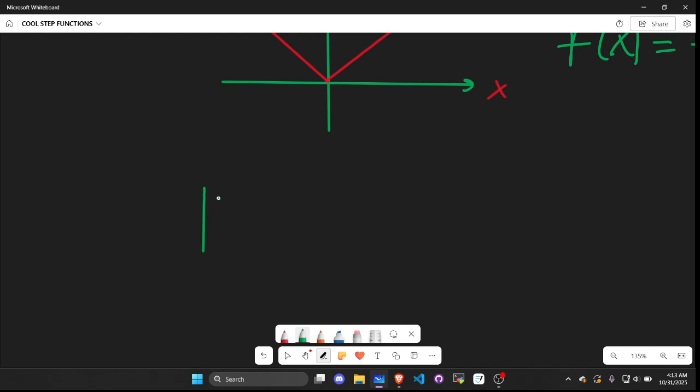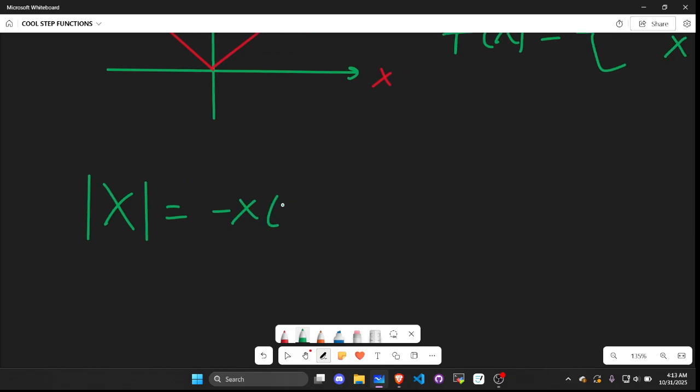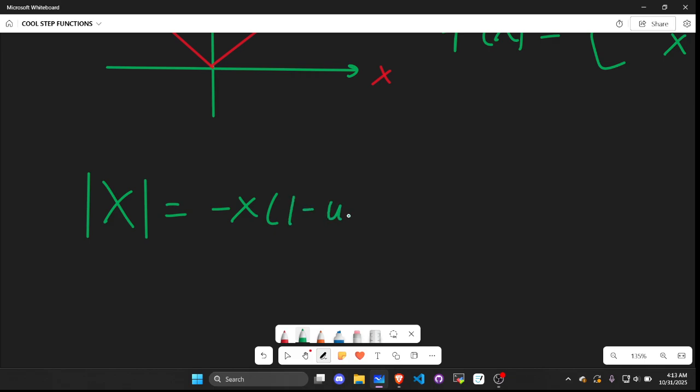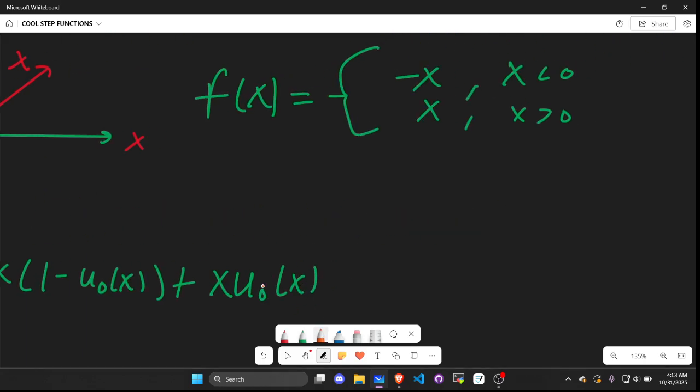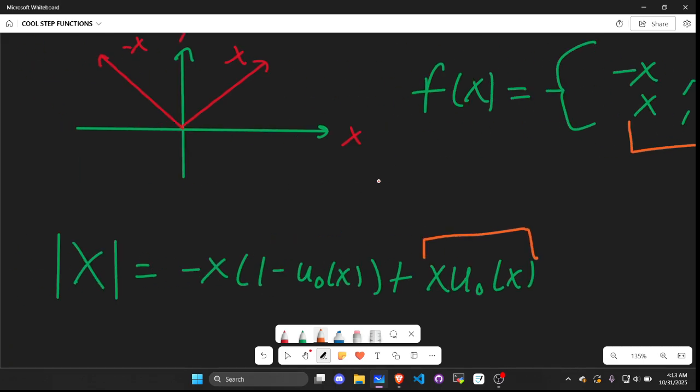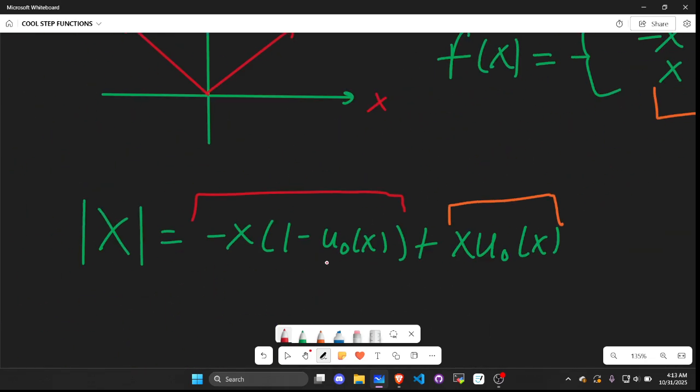So you can have the absolute value of x equals negative x times 1 minus u naught of x, and then plus x times u naught of x. So basically this part corresponds with this part of our piecewise, and this part over here corresponds with this part of the piecewise. And it makes sense because this value has a value of 1 at 0,